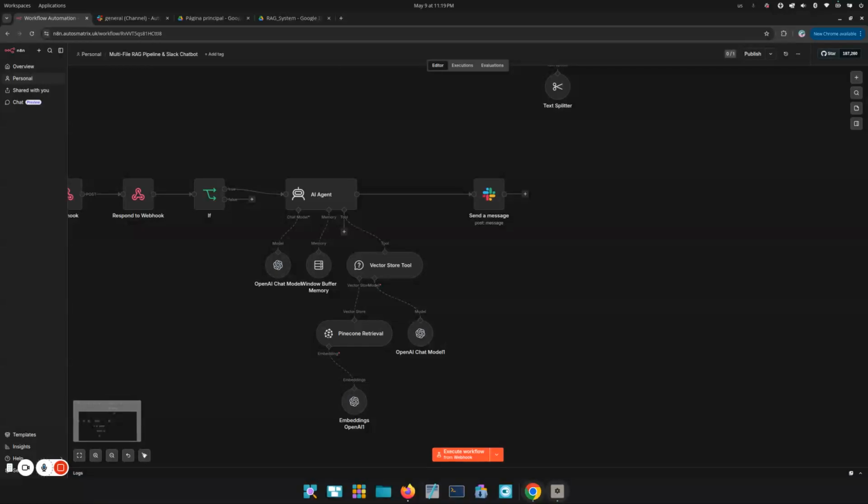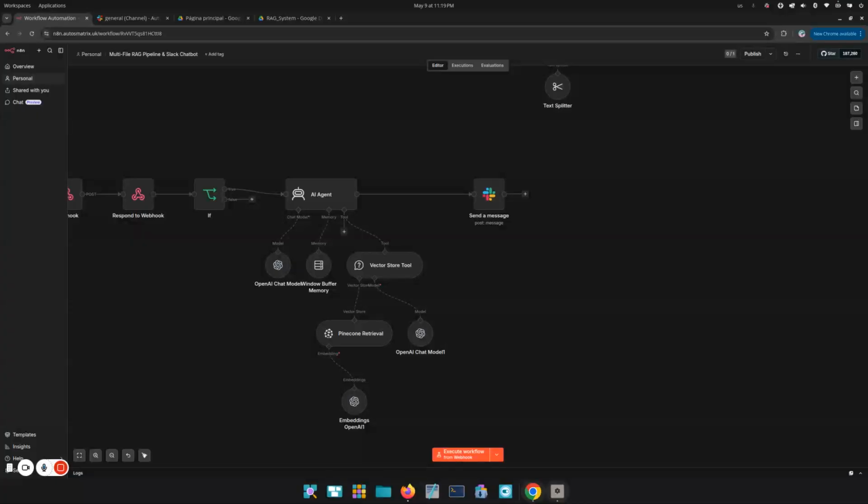So this is not keyword matching, but it's actually meaning-based retrieval. So then it uses GPT-4o to generate a response grounded in what it actually found,